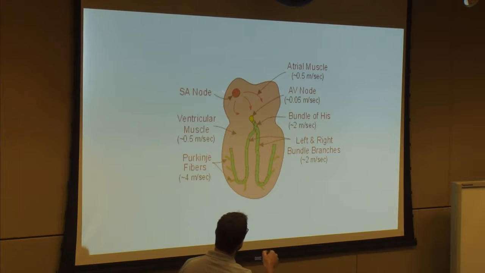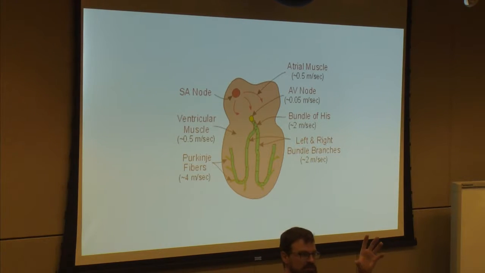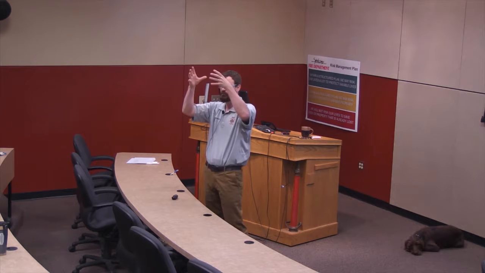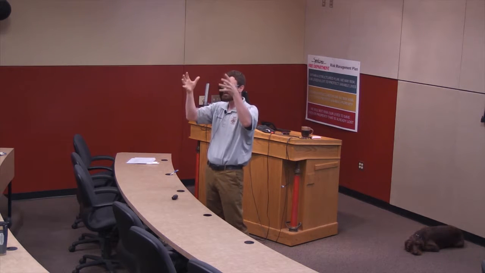So what does that give me? It gives me a spontaneous event. My P wave is the excitation and depolarization of my atrium. My AV nodal delay is my delay at the AV node, then the rapid conduction of that signal throughout the ventricle so that I get a simultaneous squeeze of the ventricle. If I had a slow conduction, then what would happen is my ventricle would squeeze from top to bottom, right? You'd be milking the heart instead of squeezing the heart. You'd be like, psh, psh, psh, like milking a cow, right? Instead, I take all of that blood and I squeeze it all at once, right?